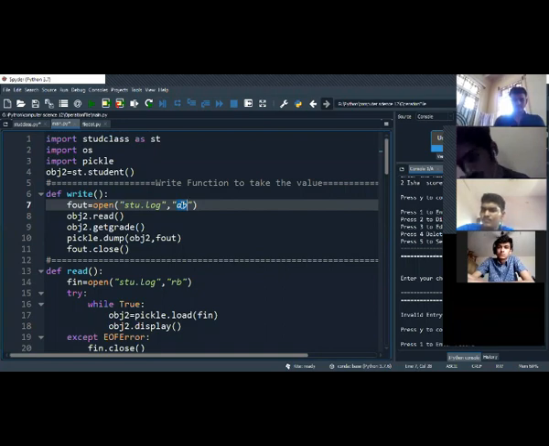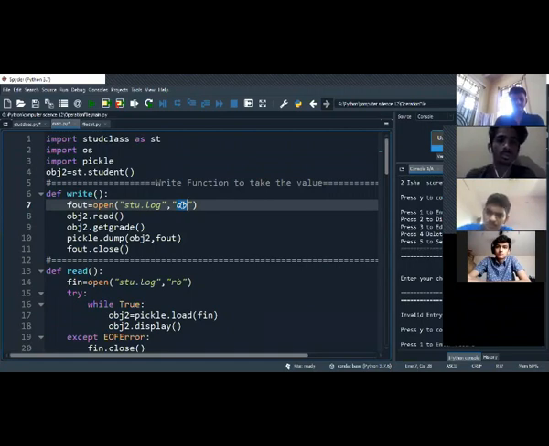Why do you use pickle.dump? Dump is writing it on the text file. Have you heard the word dumping? Putting inside. So it will write the value of read and get grade in the file. This will write on std.log.